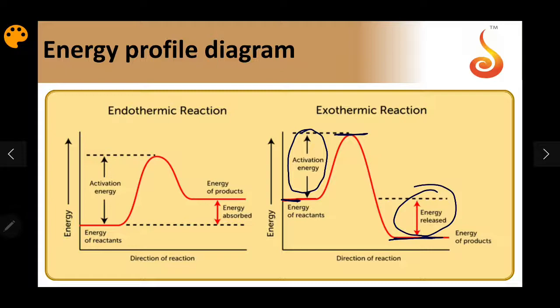In case of endothermic, the energy of the reactant is this, the product is this, and the threshold energy will be this. So this is the delta H of the reaction, and this will be the energy of activation. So we can clearly see the delta H is a part of the energy of activation. So remember, for an endothermic reaction, the minimum value of EA is always greater than delta H. The minimum value for EA will be greater than delta H of the reaction.